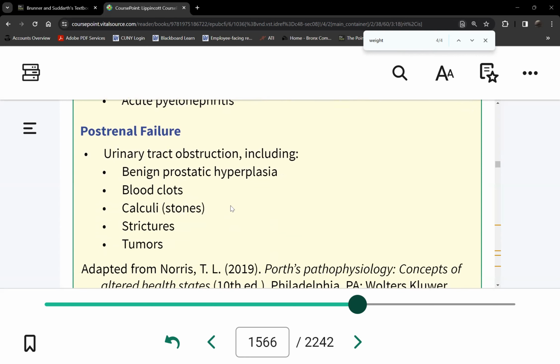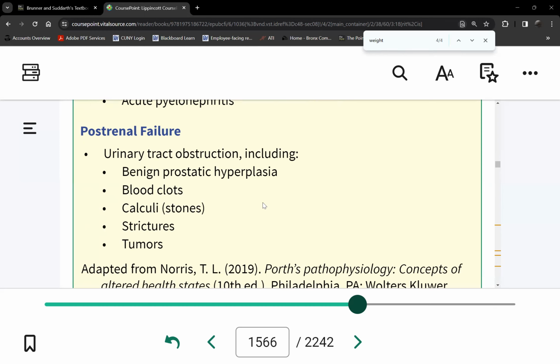Post-renal is any cause that leads to obstruction of urine flow, meaning there's no problem with circulation. There's no problem with urine production. The kidneys are making urine. The urine is just obstructed. The urine cannot come out. As a result, urine returns to the kidneys, causing hydronephrosis. So it can be caused by any of the following. Any obstruction of urine flow results in urine going back into the kidneys. That can cause AKI. Any questions on the causes?